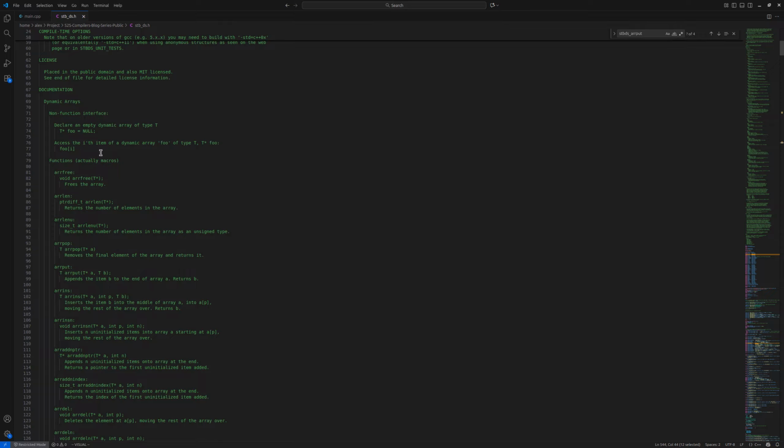That is also portable with C++, but there are a lot of things that need to be covered